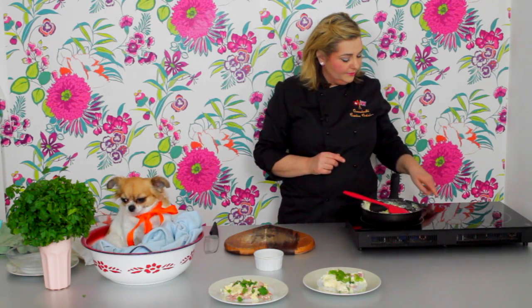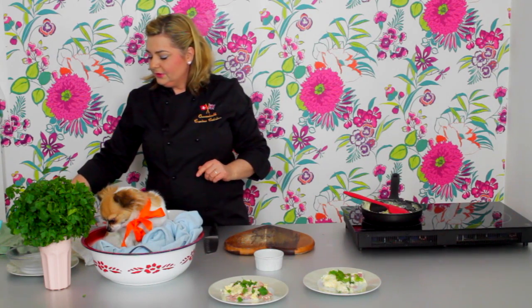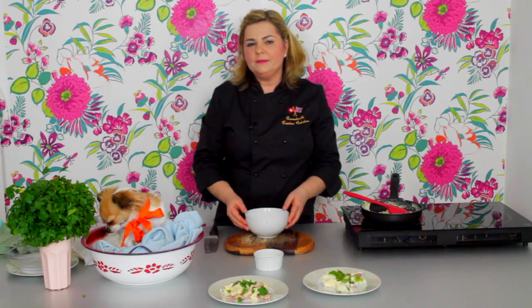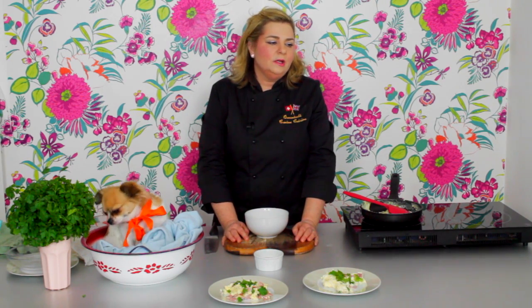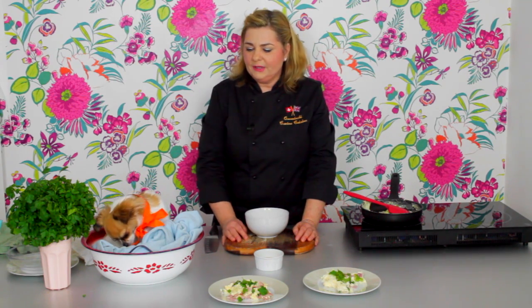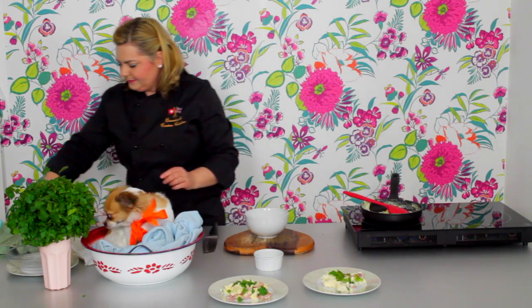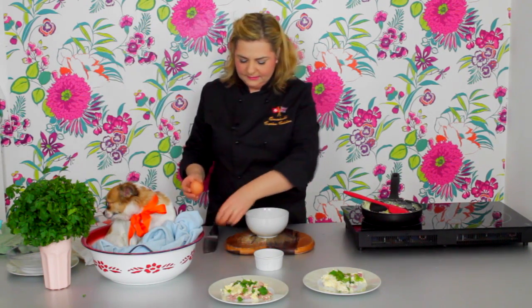Now, if you've got the other situation where you've got a dog that needs feeding up, maybe it's convalescing, maybe it just has had a terrible tummy bug and not eaten, maybe we've got an older dog who just is really sort of skin and bones and needs a bit of a feed up. This is perfect, isn't it, Rubes? Yeah? So, I'm going to use 2 eggs,